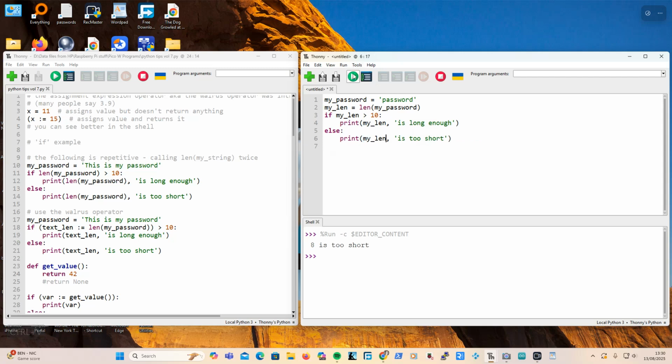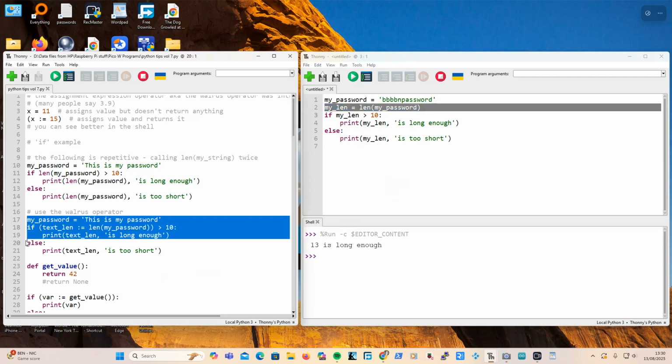And you run that and it works like before. There, wonderful. But you're making your program longer with that line, and you're just creating that purely for that if statement. So you can get around it by using the walrus operator, as in